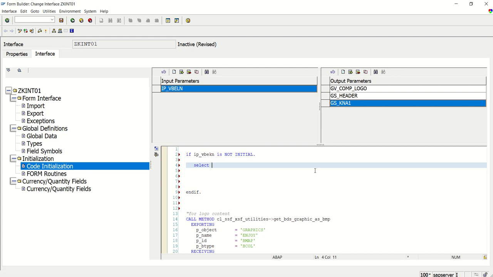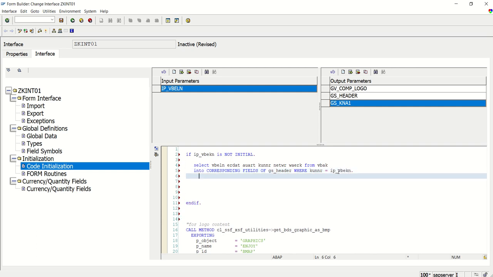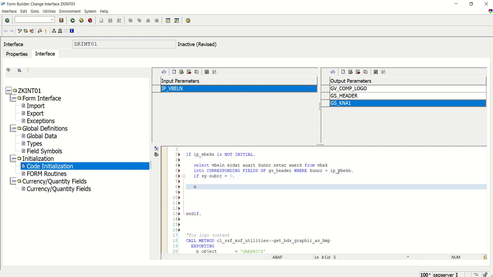Now I will write select VBELN ERDAT, AUART, then KUNNR, NETWR, WAERK from VBAK into corresponding fields of GS_HEADER where KUNNR equals IP_VBELN. And now if sy-subrc equals 0, means if this select query is true,